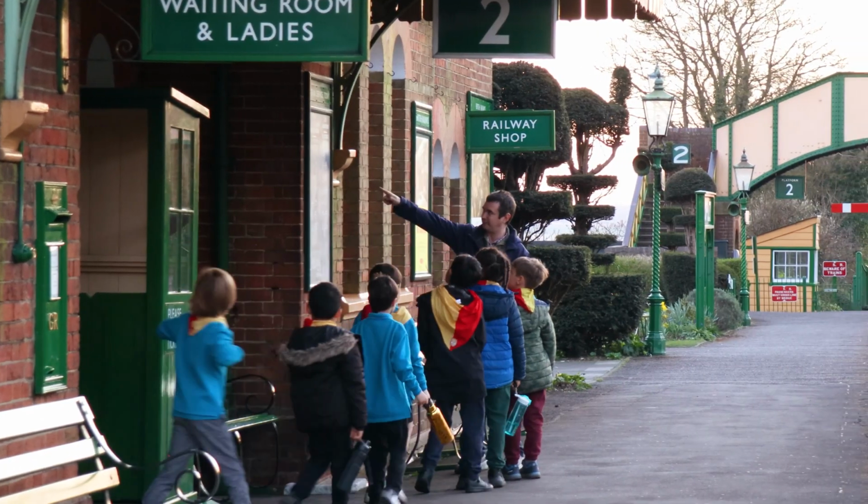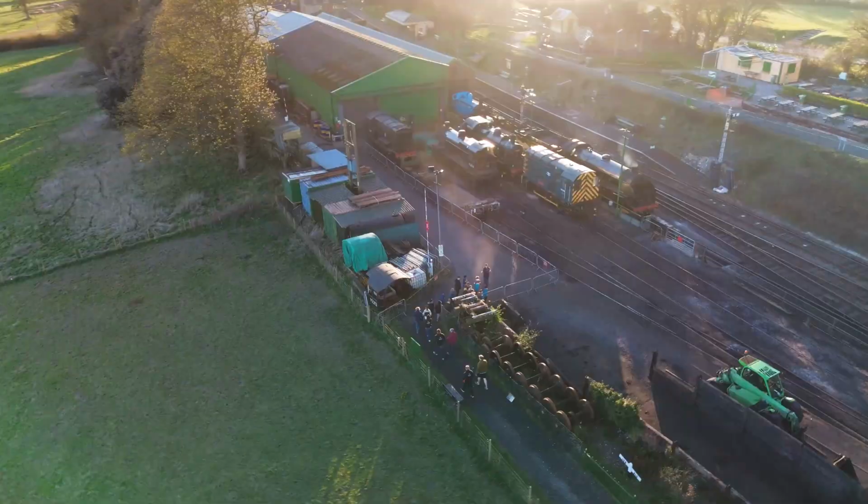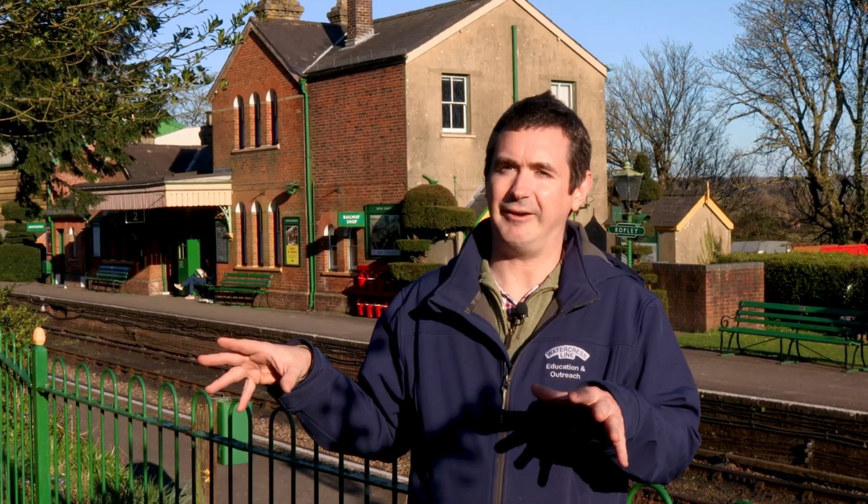This evening we're having a beaver group and cub group from Portsmouth who are coming in for an evening visit. They'll explore the wider station site all around the station, including King's Cross Bridge, the Harry Potter Bridge. They go over the bridge, through the side of the engine yard, up to our viewing gallery area, and then